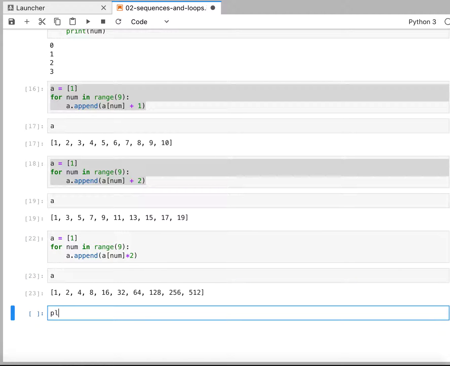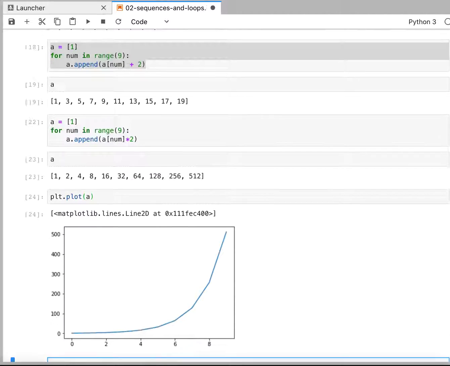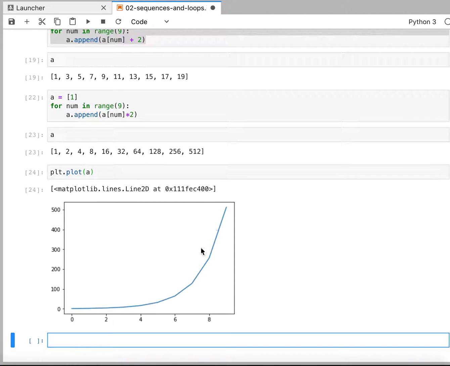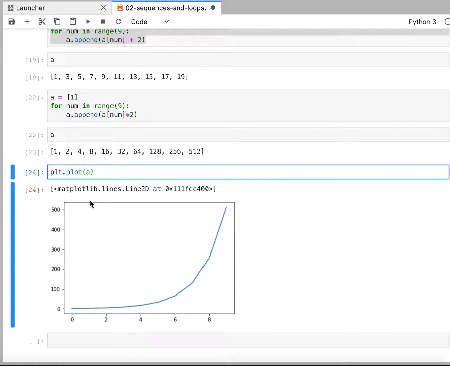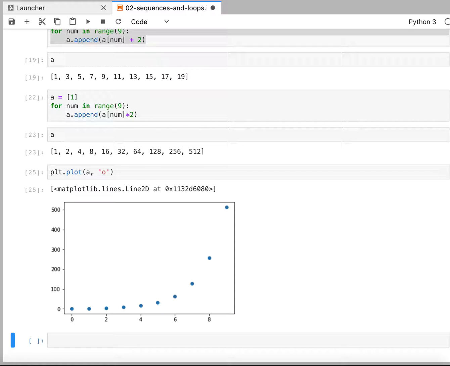And subsequently, we can just use what we did before to plot the results. Usually, what we're going to be interested in is actually just plotting this list, because the x coordinates are actually the indices, which is the default behavior for matplotlib. But rather than looking at it as a smooth line, we want to look at it as points in a sequence. So we'll often just use this little circle o, which makes the markers the point values,